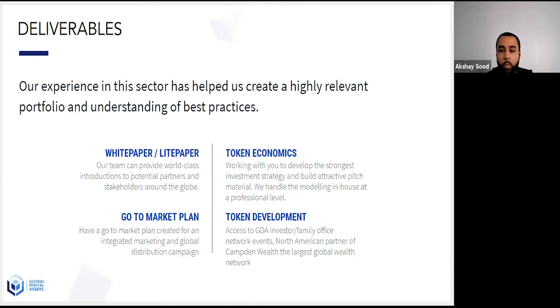So when it comes to white papers, the biggest thing is a white paper client that comes to us to get a white paper done. There's really 4 distinct deliverables. The actual white paper itself, but before you write the white paper, you have to first define token economics. Whether they have already done so or not, what the current status is of the project itself, and